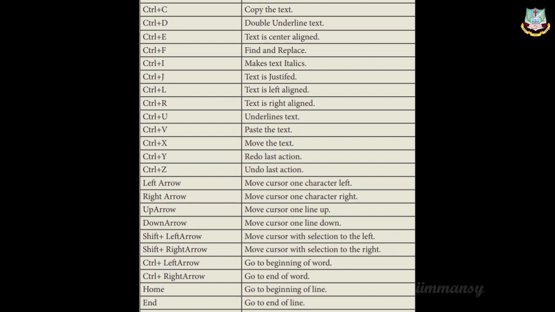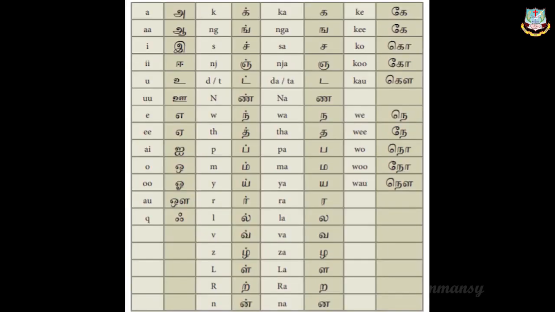Right? This Unicode Tamil keyboard typing chart is also given here on page number 99. Right? Just see that. In Tamil, if you want to type A, the Unicode is A. A long means it is AA. Likewise, for all the Tamil text, they have given the Unicode there on page number 99, and they have given some workshops for you. If you can, just try that exercise part also, right?